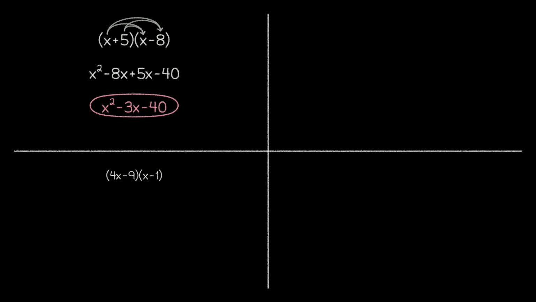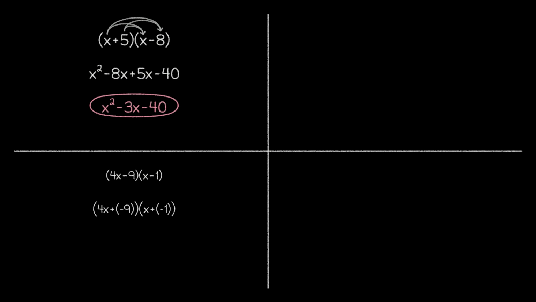And the best way of doing that is to turn all of our subtraction into addition. Unfortunately, that doesn't mean that we can just replace our minus signs with plus signs, because that would change the value of the expression. What we can do, though, is add negative numbers instead of subtracting, which gives us 4x plus negative 9 times x plus negative 1. Now when we distribute, we don't have to worry about whether we should add or subtract any particular term.